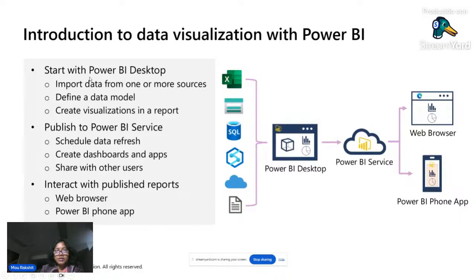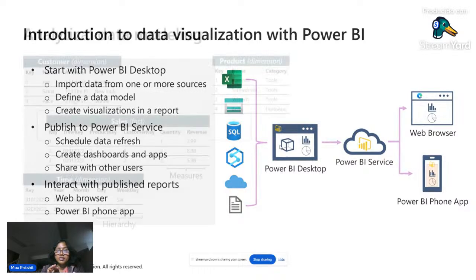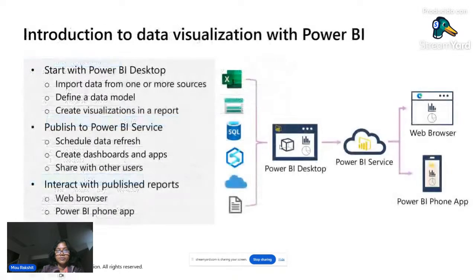So start with Power BI desktop is one way. You can import the data from your sources. Those data sources could be your Excel or SQL Server, Synapse, any cloud object storage, any flat files, etc. So Power BI desktop is going to run on your desktop, right?